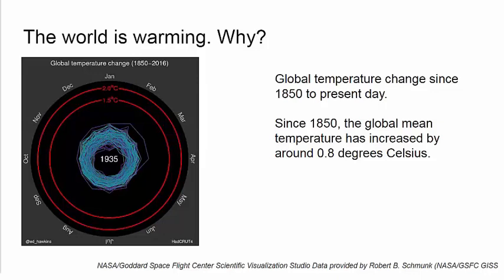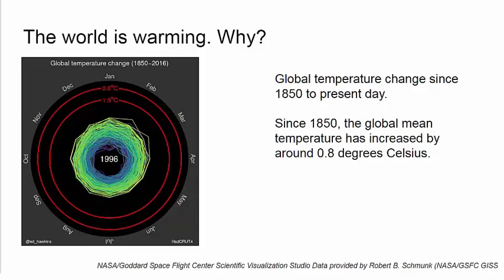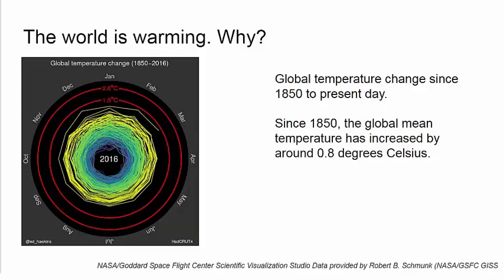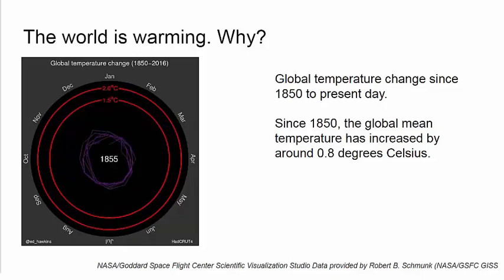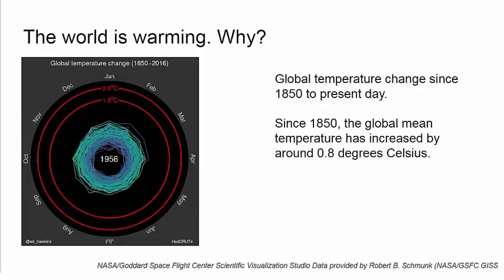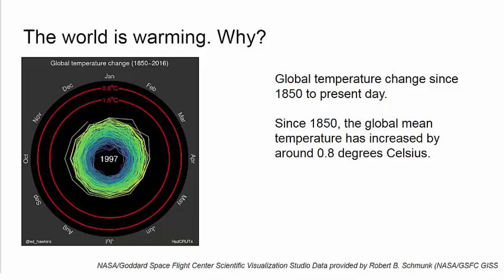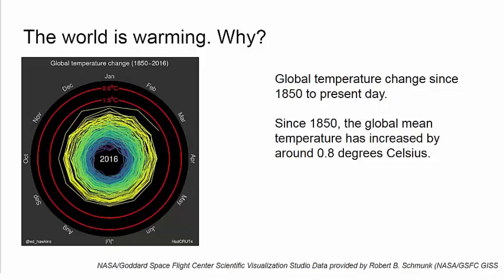The first is that some years you can see it contracts inwards and then comes back outwards, which shows the variability in the system. So it's not saying that every year is getting warmer and warmer. Of course, there are other years where it spreads out and goes inwards, but you can see the overall trend where the Earth has warmed globally. So this is a global average. It is globally around 0.8 degrees Celsius. So today we're going to try to understand what can be causing this.